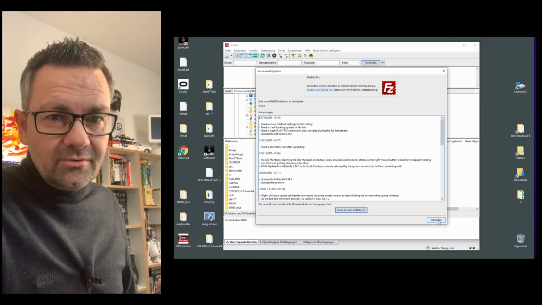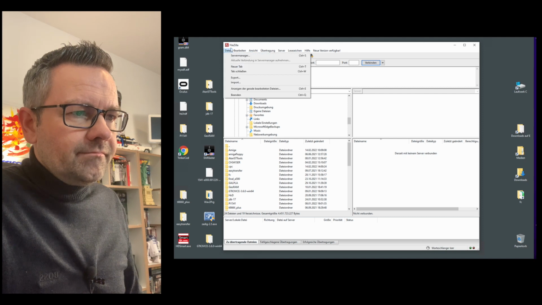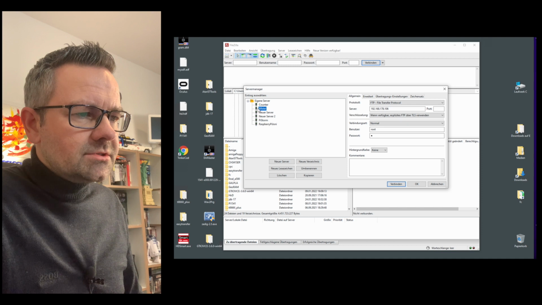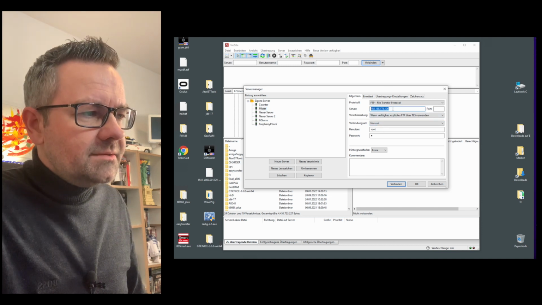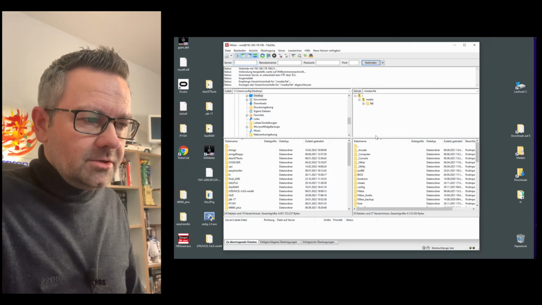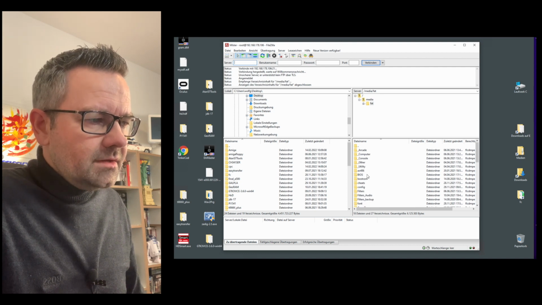Yeah, there's always a new version of FileZilla, if you didn't know. And I actually have a server already prepared, which is called MiSTer, and this is my IP address for the MiSTer, and I'm using the FTP protocol. And you say connect, then it opens up the MiSTer right here, and you can go to games,